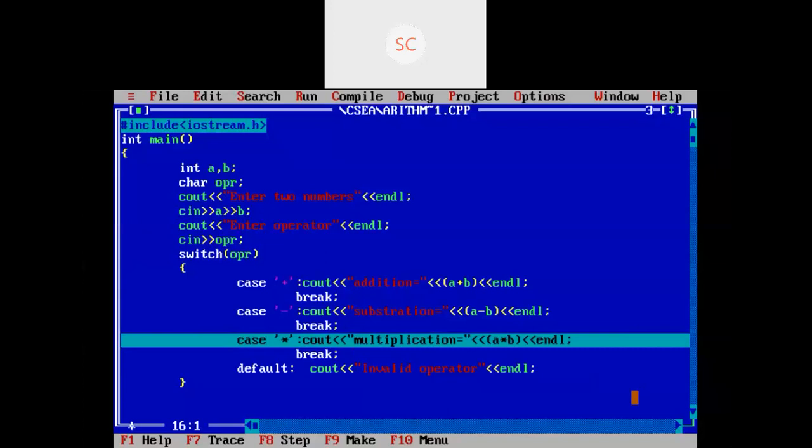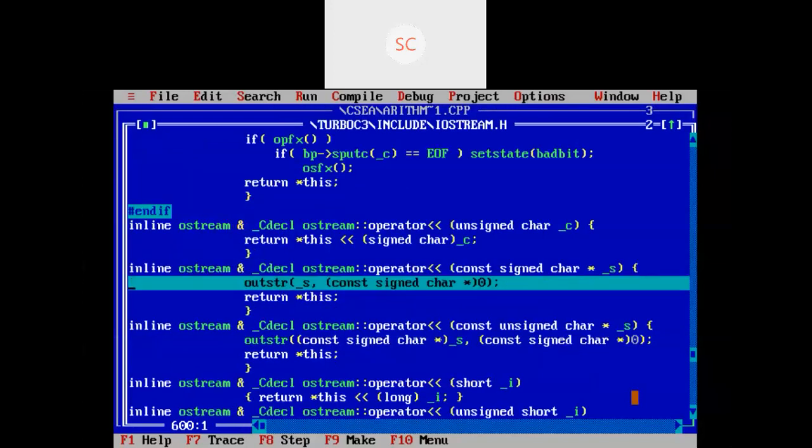If the condition is true, it will directly print that in the output. You can see it will come back from the switch because there I have given a break statement. Because of this break, it directly comes back from this switch case.